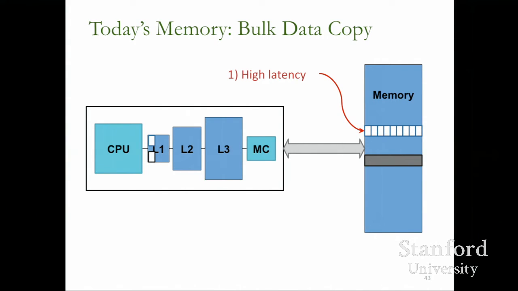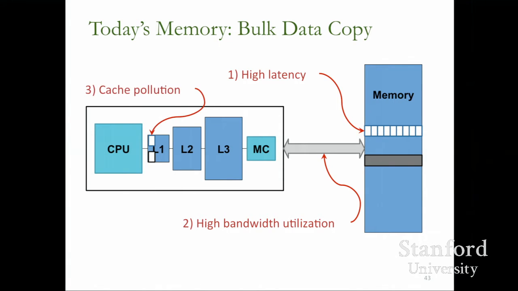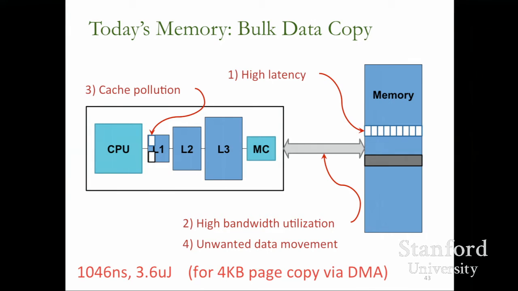Initialization is a very special form of copy, and initialization can consume a lot of cycles. But this is high latency because you do round trips across this most important system resource, perhaps. This consumes high bandwidth on the data bus. This causes cache pollution, but you could eliminate that through the DMA engine, perhaps. This causes unwanted data movement, especially if you're not using the destination page at all soon. Basically, if you want to do this copy with the DDR3 technology for a 4 kilobyte page through the DMA engine, without taking into account the overheads of setting up and tearing down the DMA, basically it takes 1,046 nanoseconds